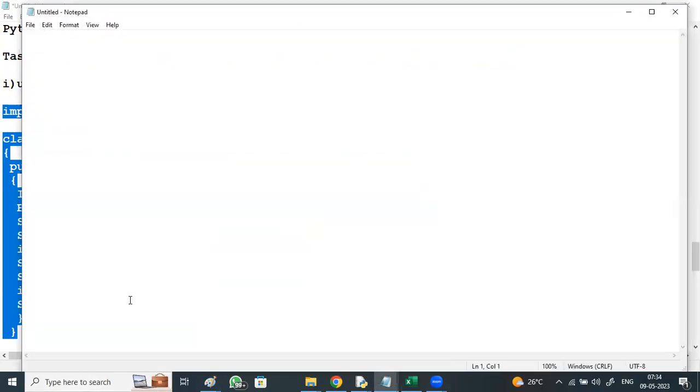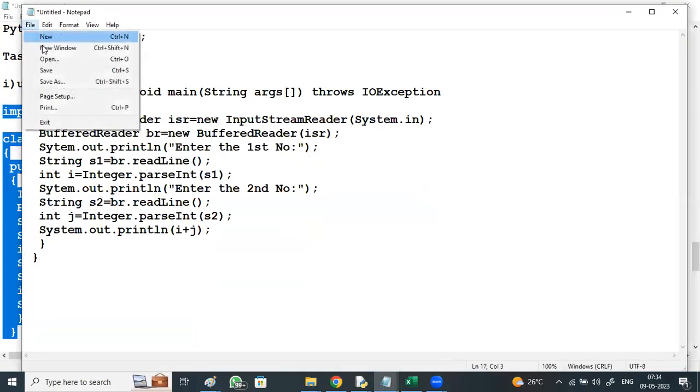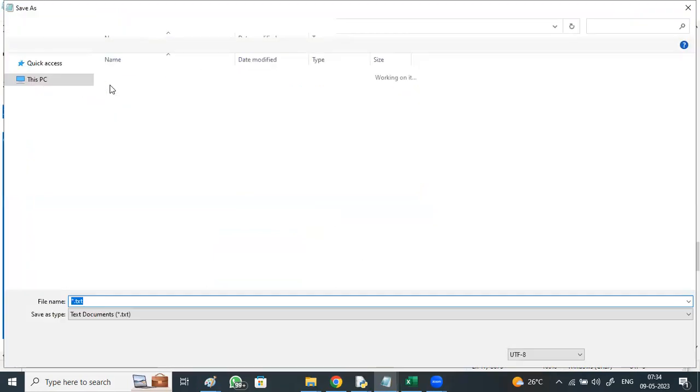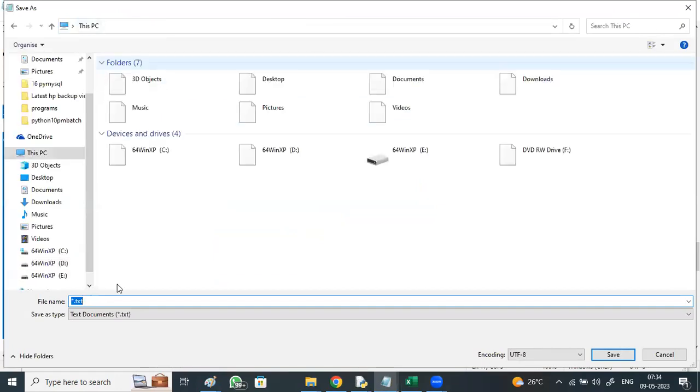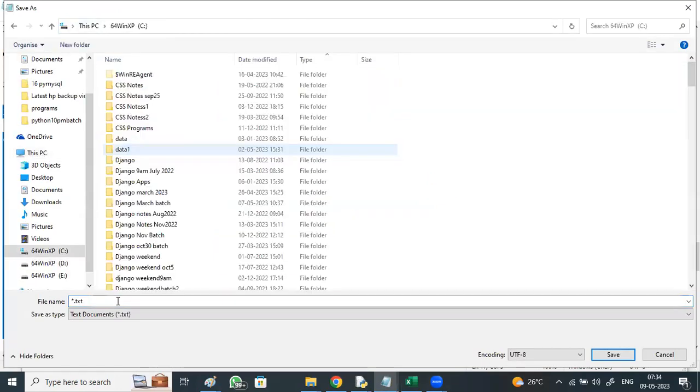I'm taking Notepad, pasting this Java code, and saving it as sample.java.